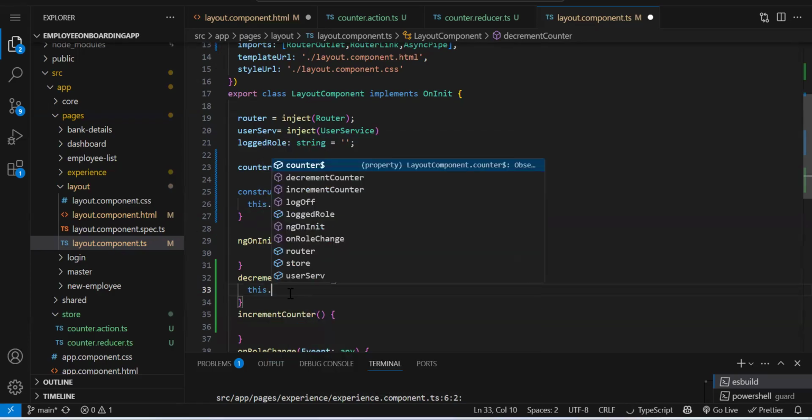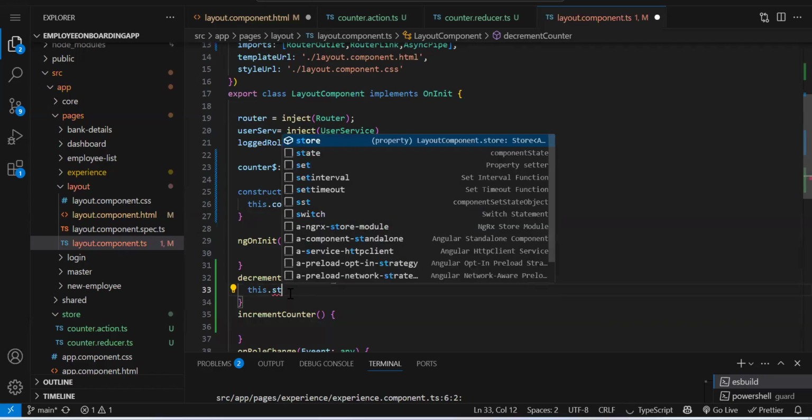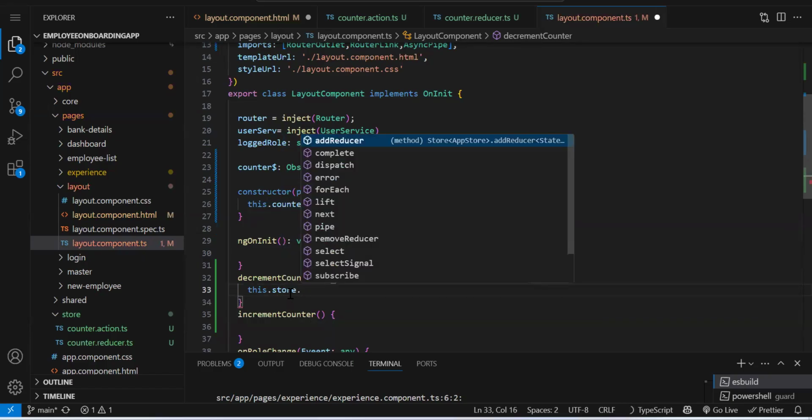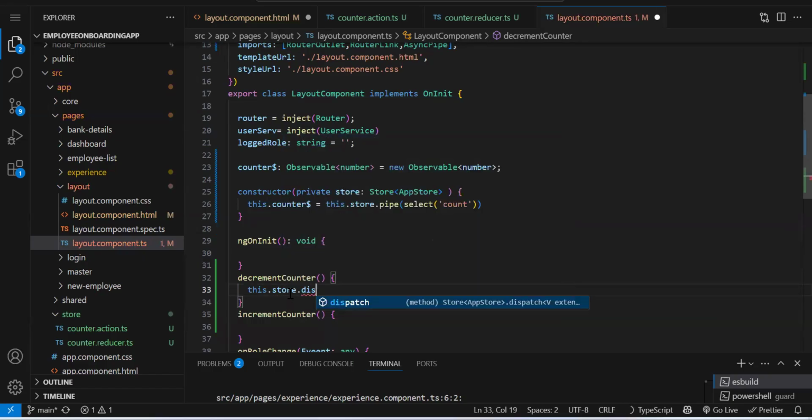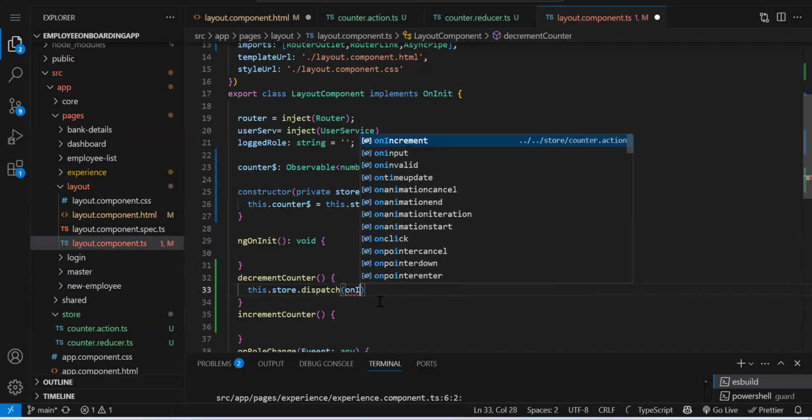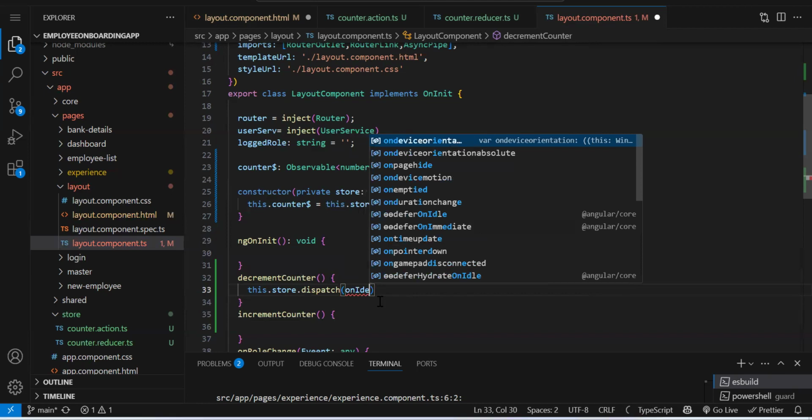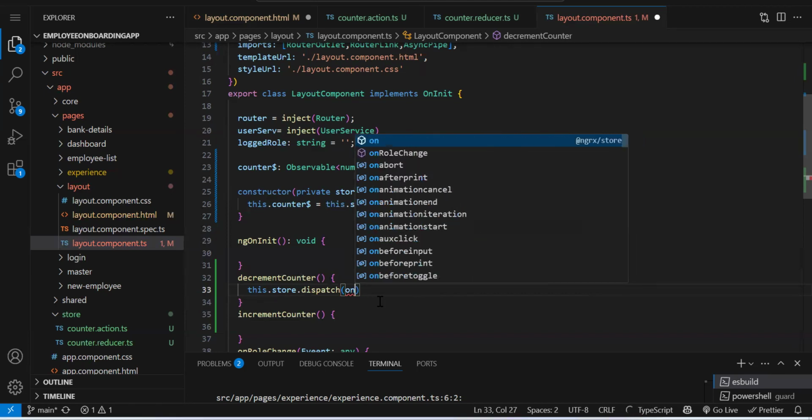So this.store.dispatch method is there. And on dispatch, you need to provide what type of data it needs, the action. So our action names are increment and decrement.